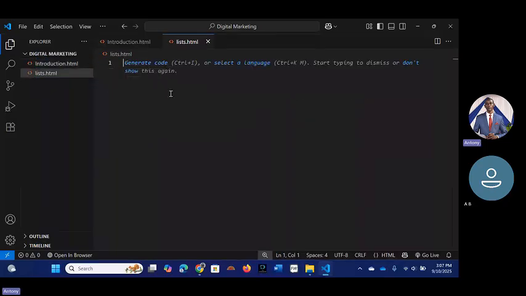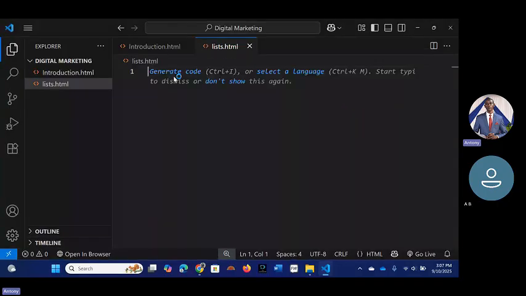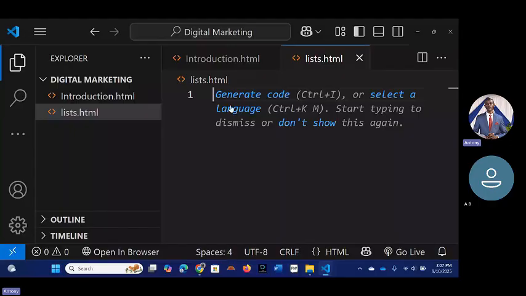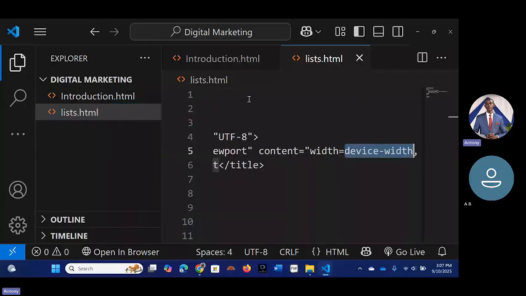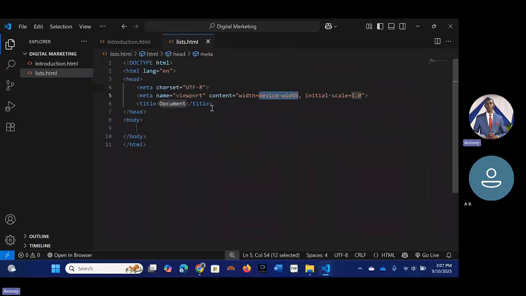So once you press enter on the keyboard, this is what you're going to have. Let me just zoom it in so that you can see what I'm working on. So we are going to activate the HTML code. You're just going to hold Shift and 1 at the same time to bring about that exclamation mark, and then we press enter on the keyboard. Okay, this is what you're going to have once you do enter. It's going to bring you these codes.